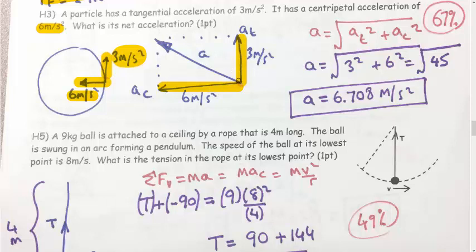And my resultant, the net acceleration, is a sum of these, and that basically gives me a nice triangle to work with, and I can use Pythagoras. So I say my net acceleration is equal to the square root of tangential acceleration squared plus centripetal acceleration squared, which is the square root of 3 squared plus 6 squared, which is the square root of 45,